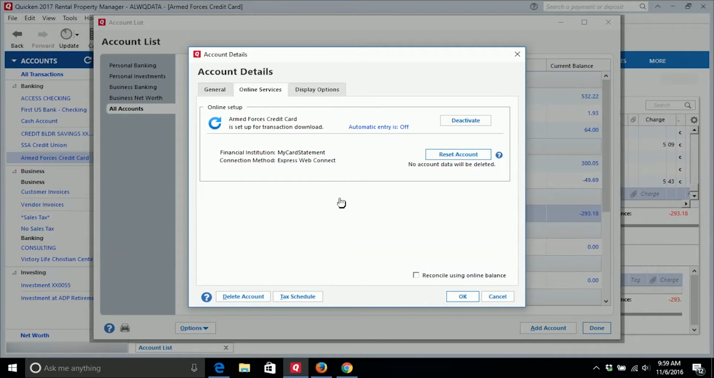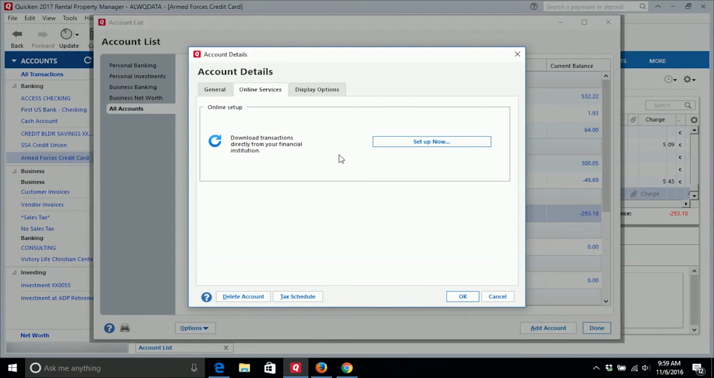Once the deactivation is complete, the button should change to where it says Set Up Now, regardless of what kind of account you have that you downloaded from the bank. Once you deactivate, you should get a Set Up Now button. Sometimes it may appear that it's going through the